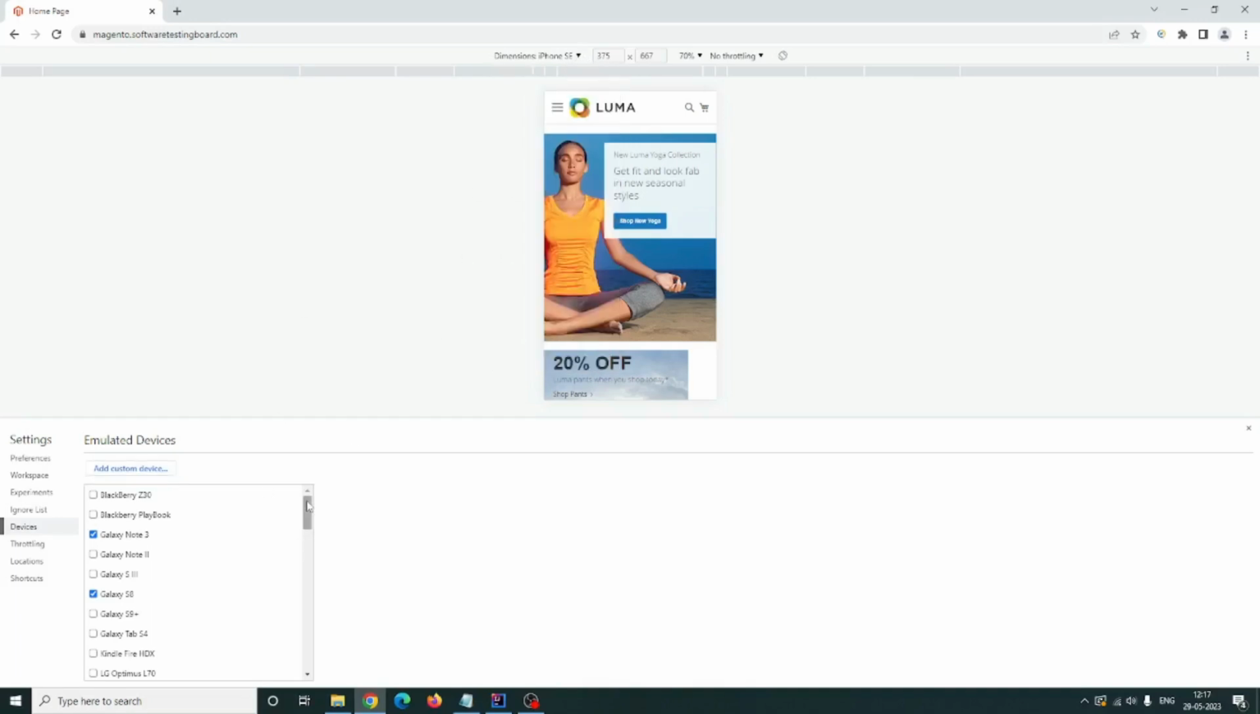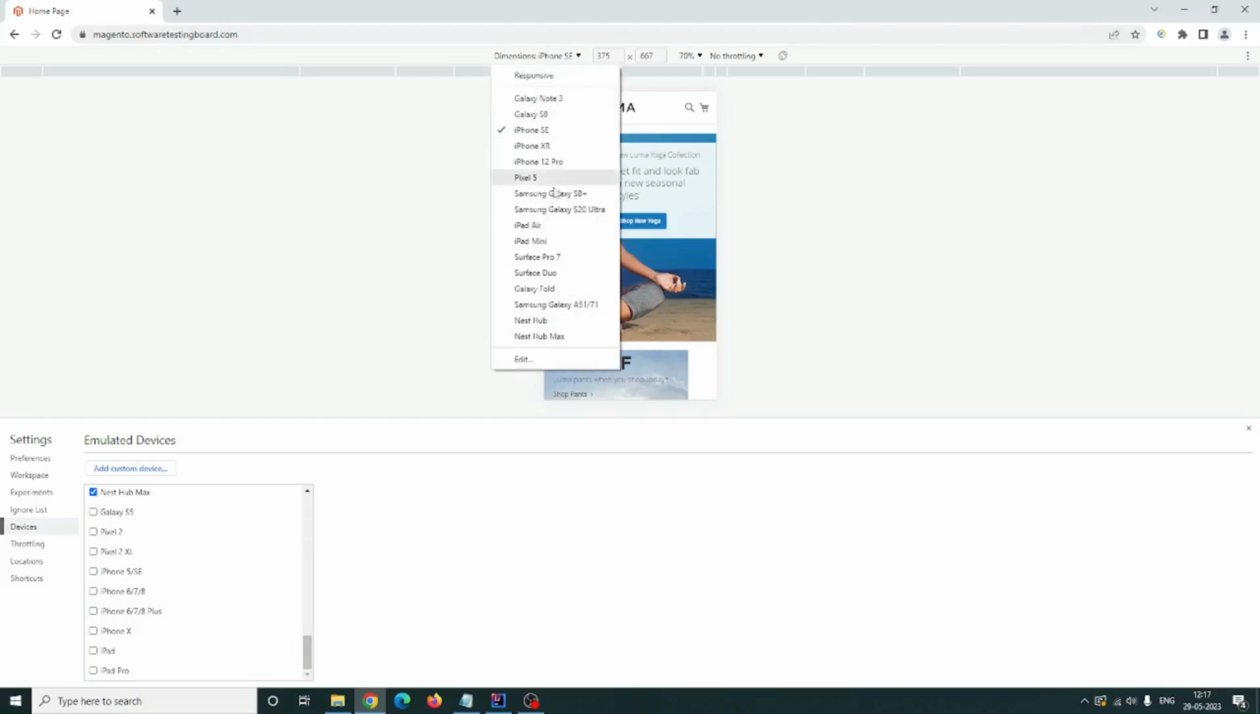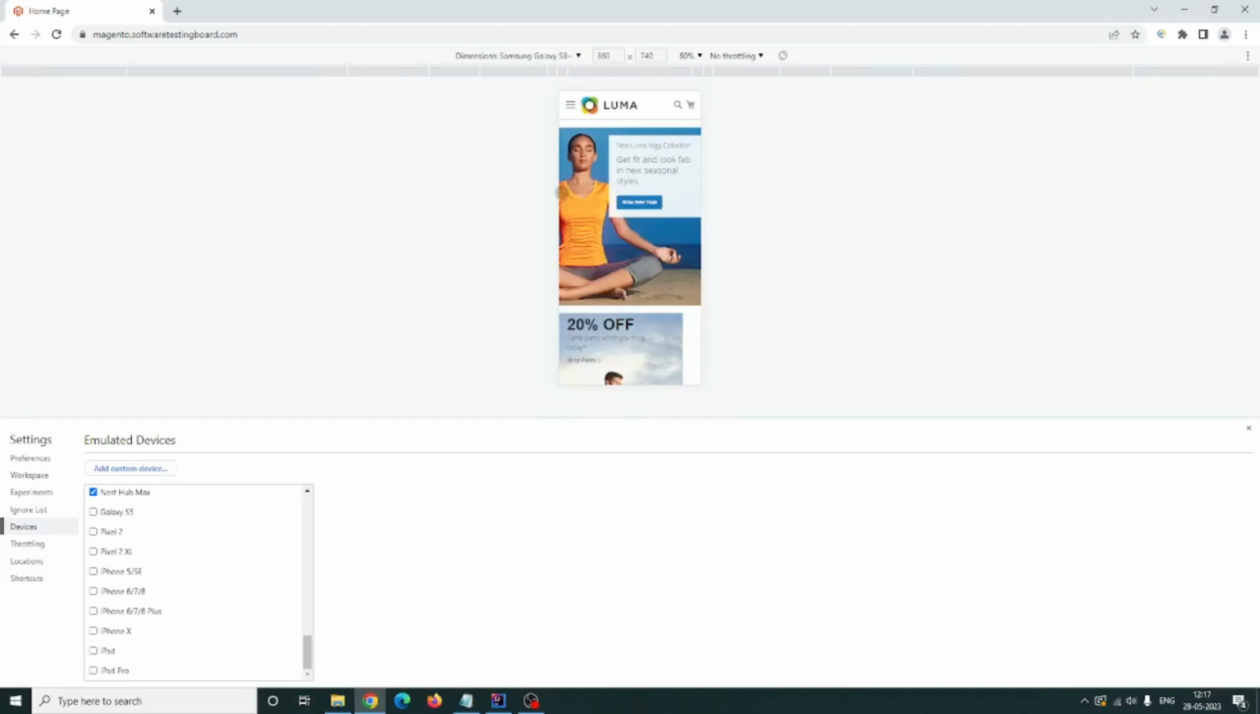So first you have to check whether the device you are going to test is present within this emulated device list or not. If that is present, you just check on it. Now it will appear in this view, and you just select it. Say for example, I am having this Samsung Galaxy S8 Plus. So this is the device I am selecting, and